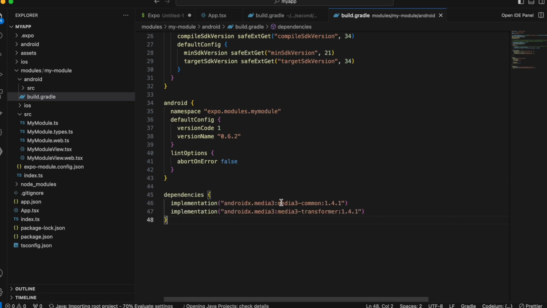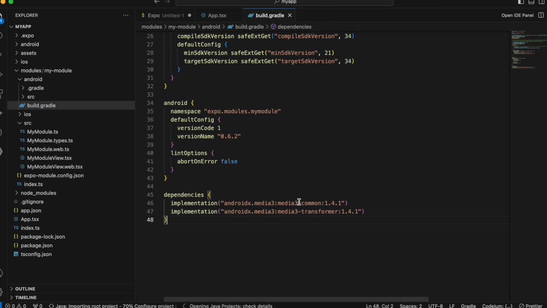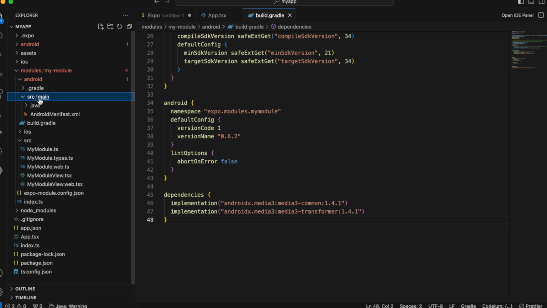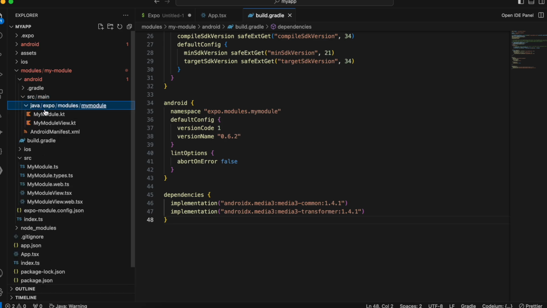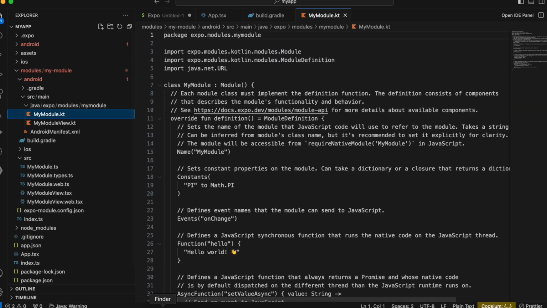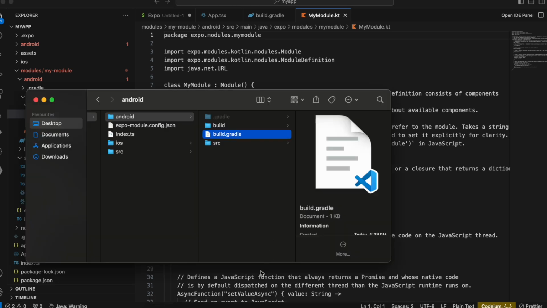We are including these two dependencies, which will help us transform the video. These two dependencies are very important. These are the Media3 transformer dependencies. Then go to src, java, my module.kt, and firstly